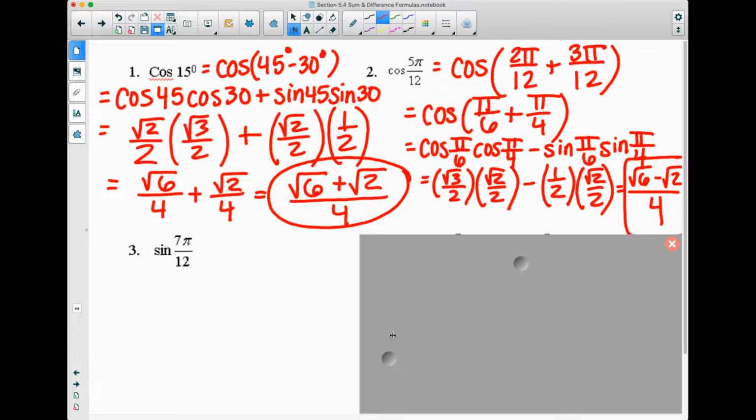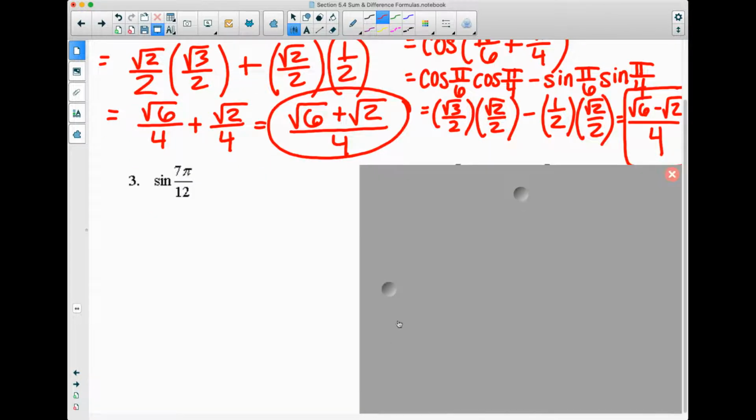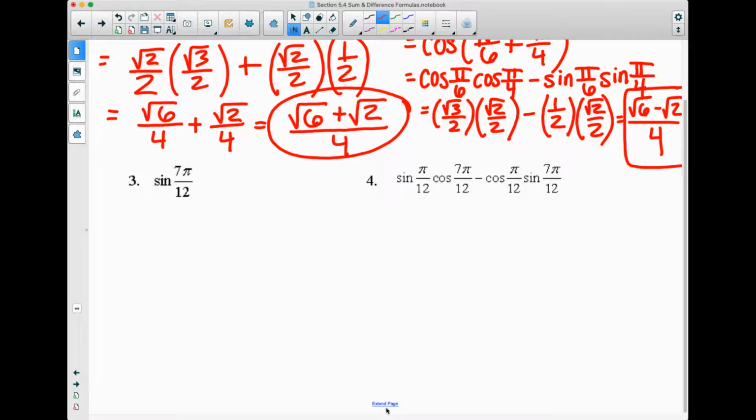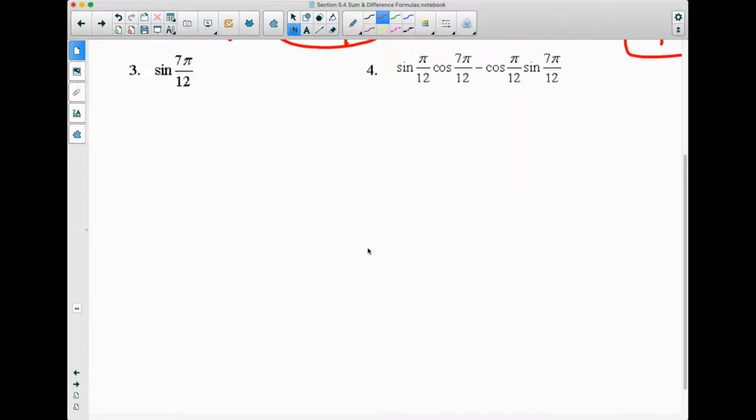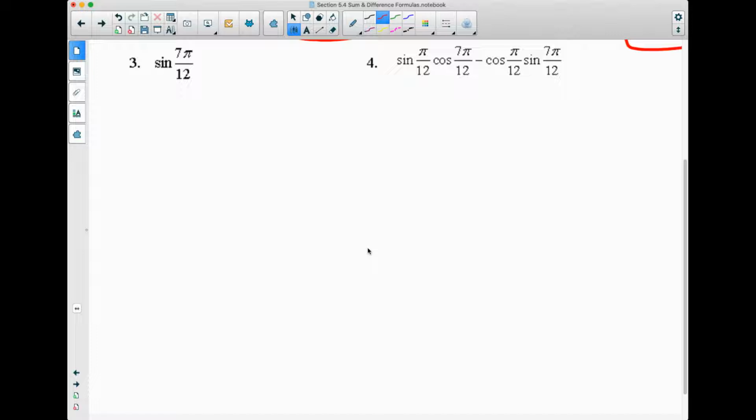What two numbers did y'all choose to break up 7? 3 and 4. It does not matter which one you wrote first. If you wrote 4 first or 3, it doesn't matter. It'll still turn out to be the same. All right, so if we break this apart,